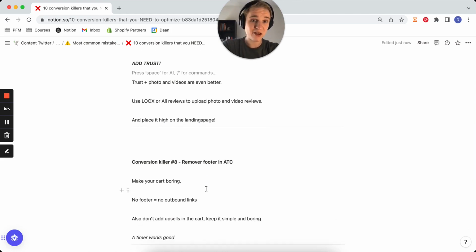And this is something that actually nobody really knows, but what you need to do is make your cart boring, right? And if you remove the footer, there are no outbound links anymore. And what is an outbound link? An outbound link is a link that will track the people away from the goal, right? It's pretty simple. If you got a cart,